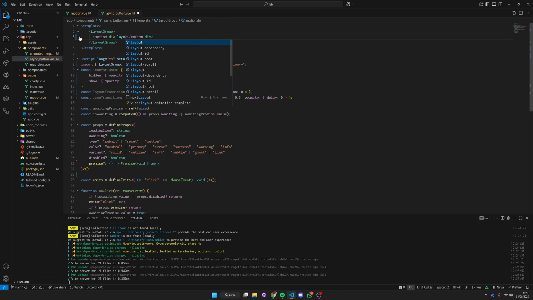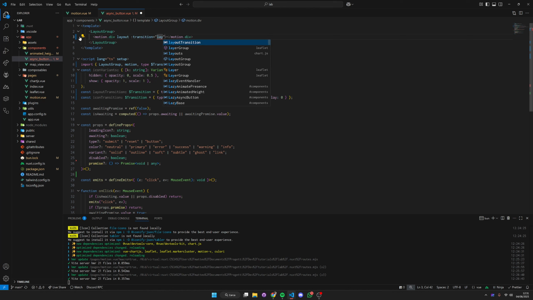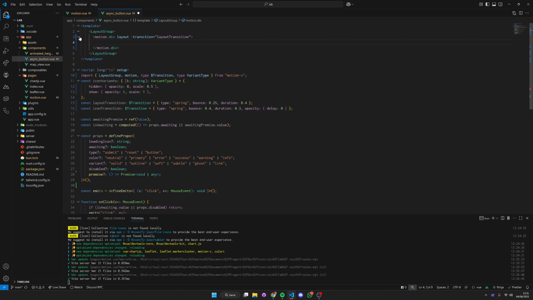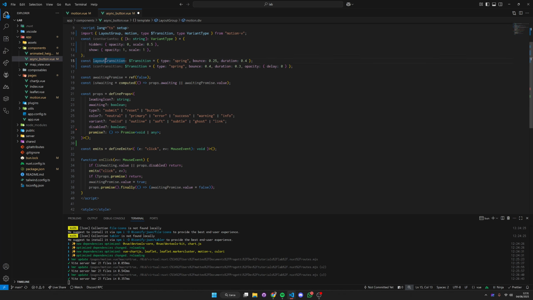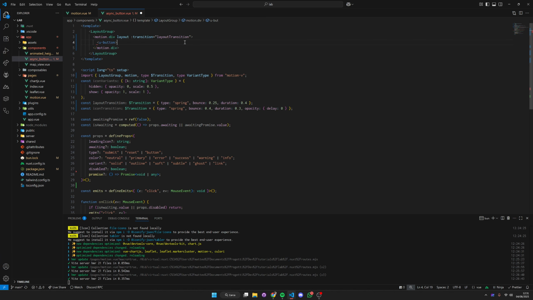We need to define this keyword layout because we are inside a layout group, and it's going to be the transition of the layout, because we're going to have different transitions for the layout and for the icon. Our UButton, we're going to hook into the onClick event. We also want to disable the button if we are awaiting any tasks. So either if we are forcing the awaiting from outside or we are waiting the task, we want to, of course, disable the button. The type, then we have the variant and the color, some classes,